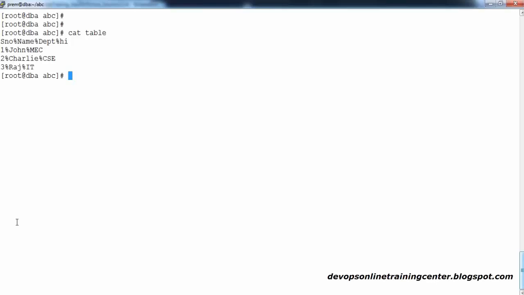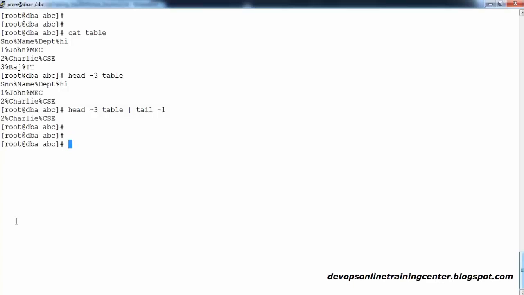So how do you print the third line? I know how to fetch column wise, and I know how to fetch row wise. But if I say head -3 table, you remember the head command, can you see this? You can print 1, 2, 3, but not exactly the third line. But I have an idea. I'll fetch 1, 2, 3, then do the pipe. I know the tail command. tail -1 takes whatever output is there, and its last line is going to be the third line of the original file. Can you see? This 2% Charlie is going to be the third line of the original file. That's it. This is how you can apply this.